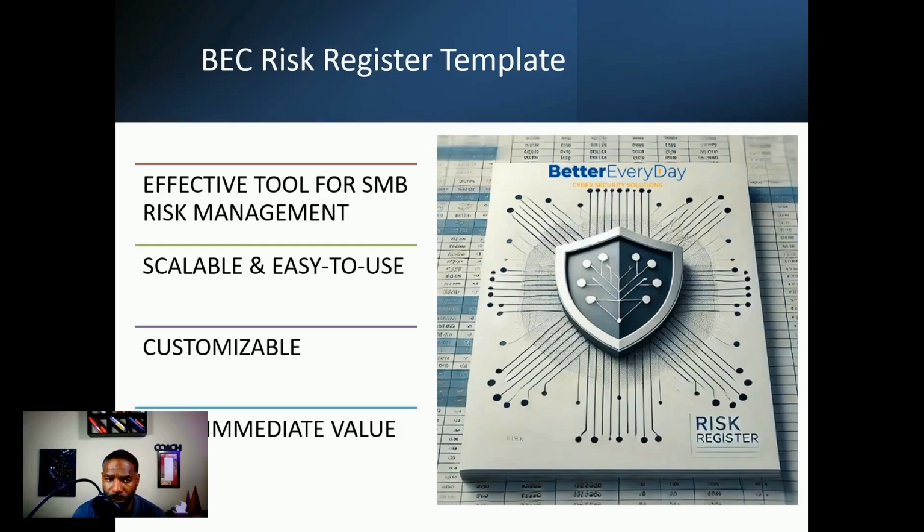So let's talk real quick about the Better Everyday Cyber Risk Register template. We created this to be a tool that SMBs can use for risk management. And we wanted it to be scalable and easy to use because we want this to be accessible to people that may not have a deep and extensive background in risk management. But also we wanted to make sure that it was scalable to the point where even if you were an experienced practitioner, you could still find value in using this tool to be part of your risk management strategy in